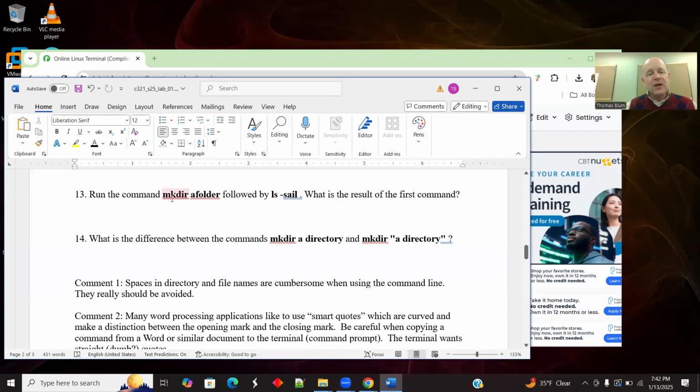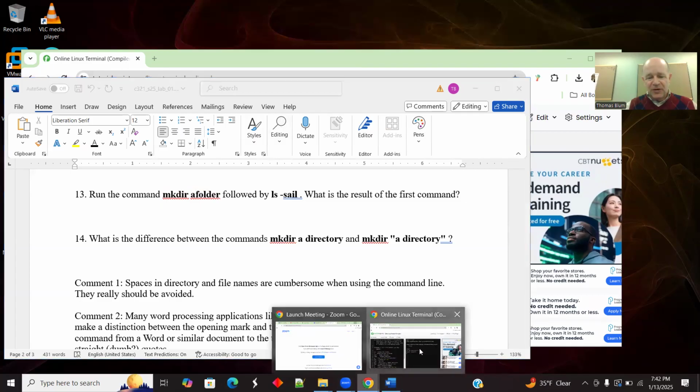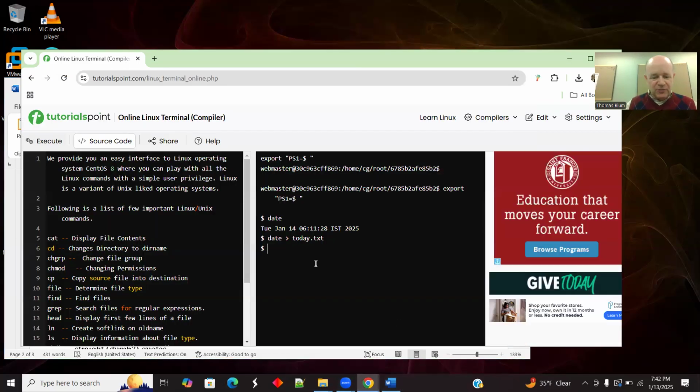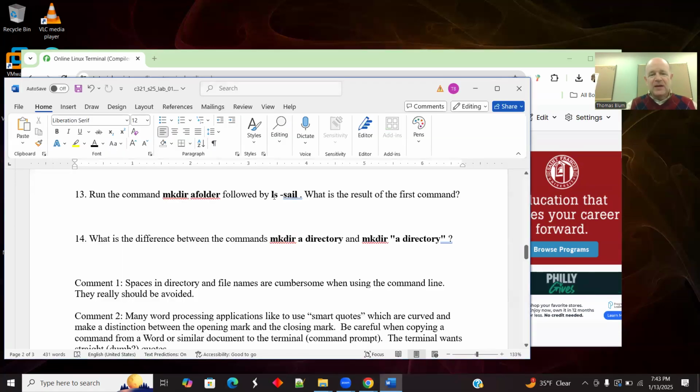command line. The next command it wants us to run is mkdir and then a name. So the command is mkdir, and then its argument is the name of the directory you want to make. And I'm making just a silly name of a folder, and then entering that. mkdir is to make a directory. So we've made a directory, a folder, and then it's saying this is a variation on the ls command, where